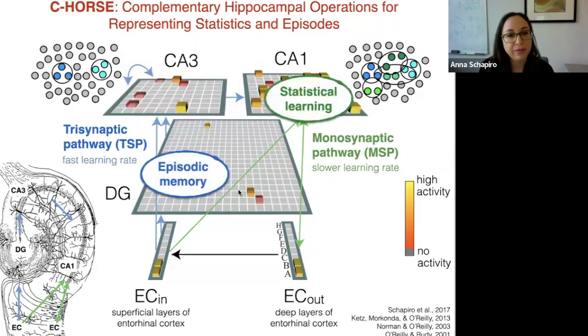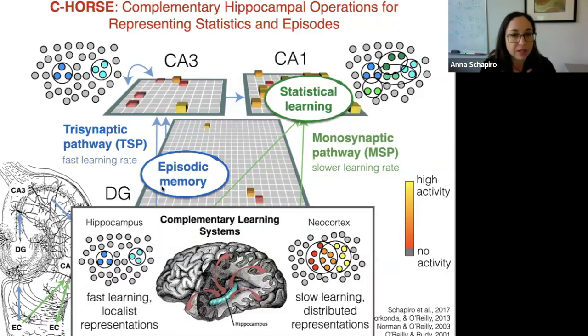So we have shown in old simulations that I'm not going to go through today, you can take my word for it, that these two different sets of properties are very well suited to these two different functions of episodic memory. There's a long lineage of models showing that this pattern separation function in the trisynaptic pathway is very well suited to one-shot episodic memory. And then our new piece of this is that the slower learning and the more overlapping representations in the monosynaptic pathway we think are very well suited to this kind of rapid statistical learning that we had been studying.